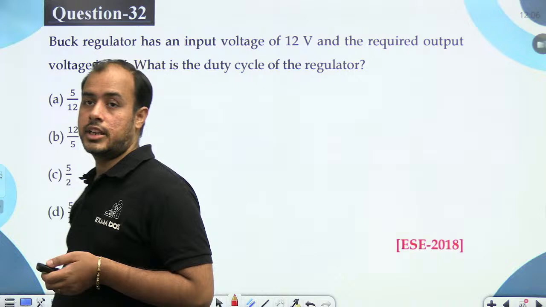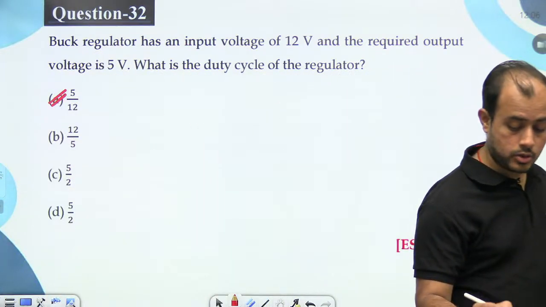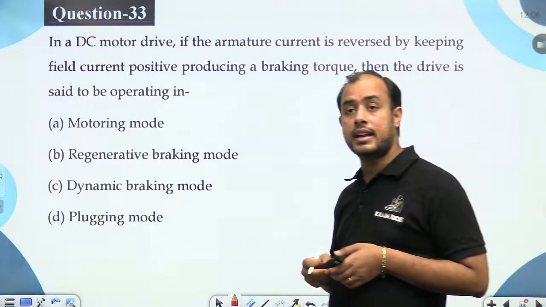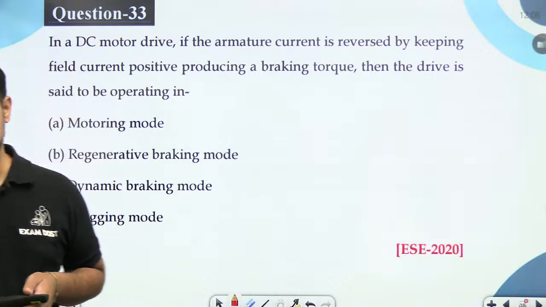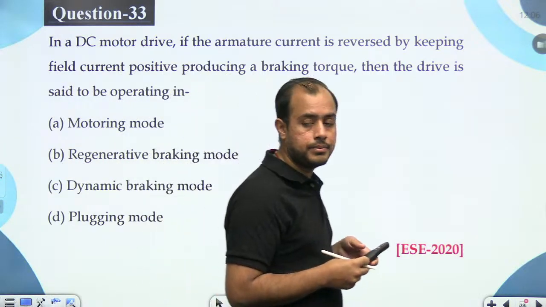Buck converter duty cycle, we have already done that. 5/12 correct. In a DC motor drive, if the current is reversed by keeping the field current positive, producing a braking torque, then the drive is said to be operating in